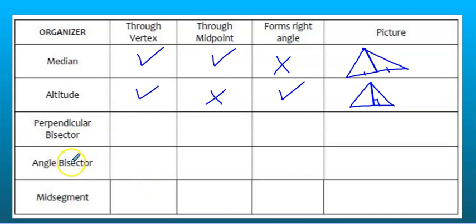Let's go down to angle bisector, because those are the ones that go through the vertex. Angle bisector, through the vertex, yes. Through the midpoint, no. It could, but it doesn't necessarily. And does it form a right angle? No. So angle bisector, let's do